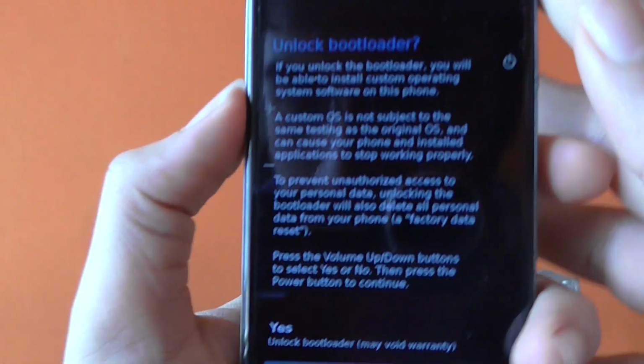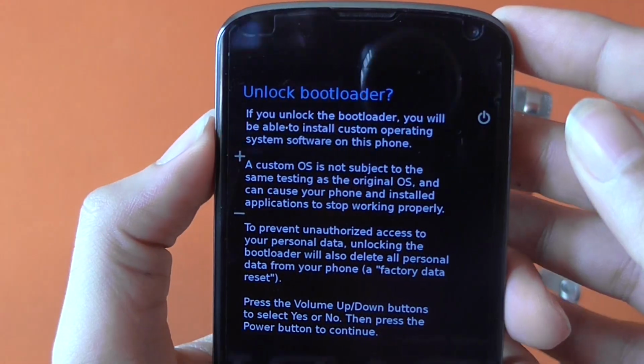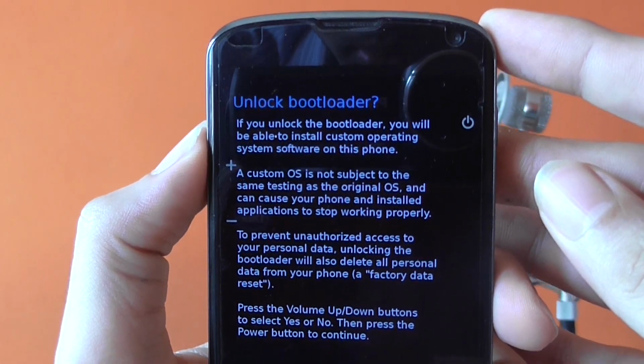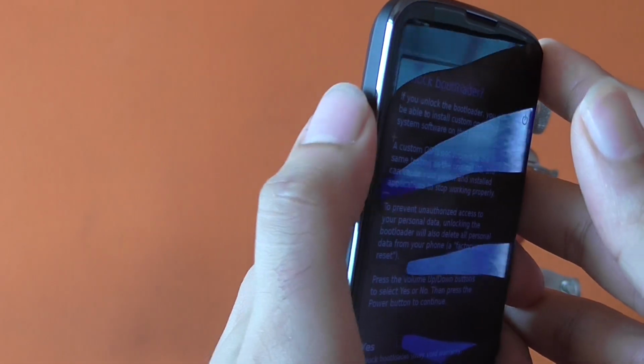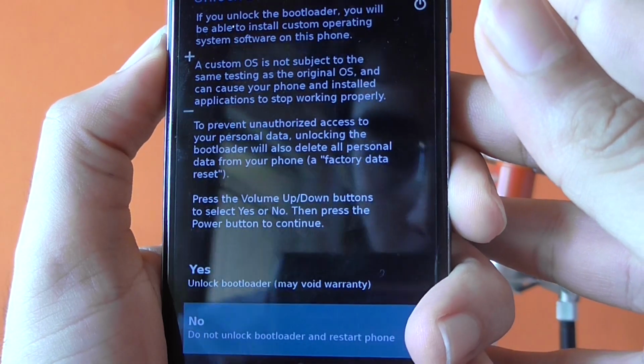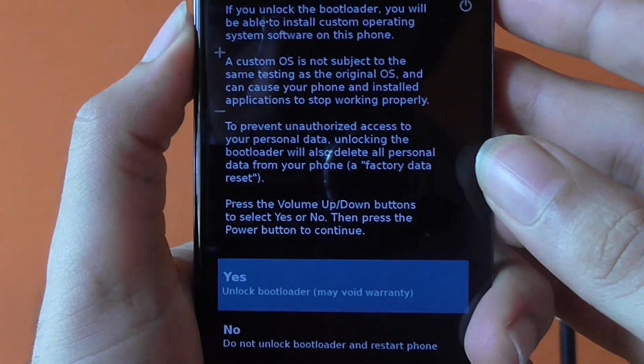On your Nexus 4 you will be presented with an interface asking whether you want to unlock the bootloader, with two options, yes or no. Use the volume up rocker to select yes, and then hit the power button to confirm it.